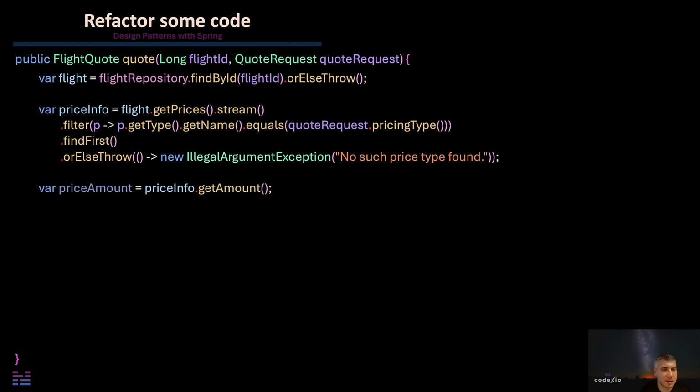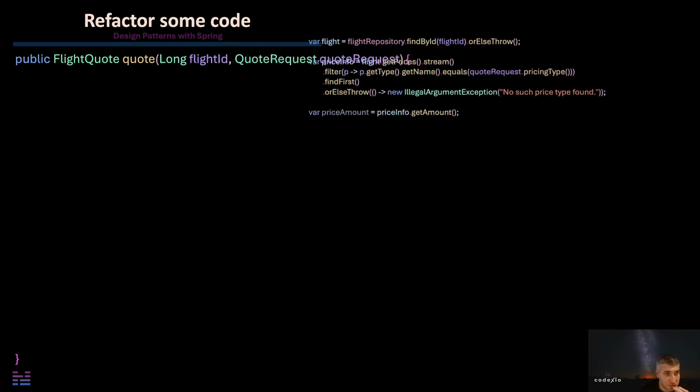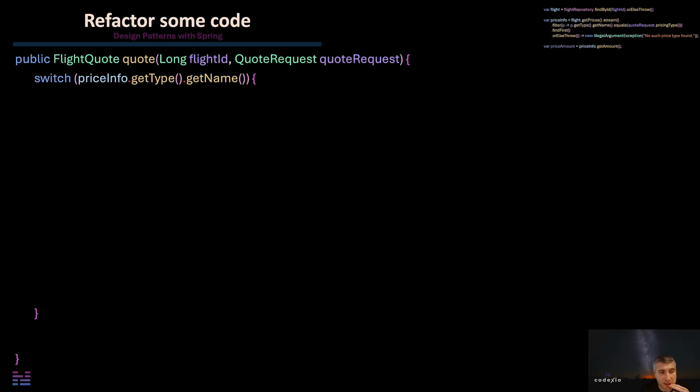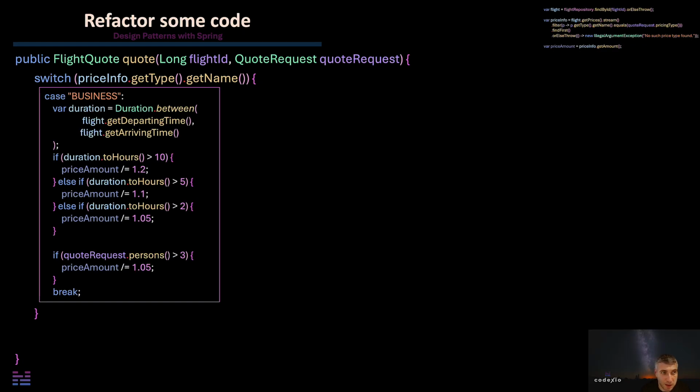Compare it, let's say, against the request object and find the particular price info object. Now, since they have the price amount of this price info object, they can, of course, return it. But it depends on some cases. For instance, if the price type is business, maybe we need to see some other options, like, okay, for business